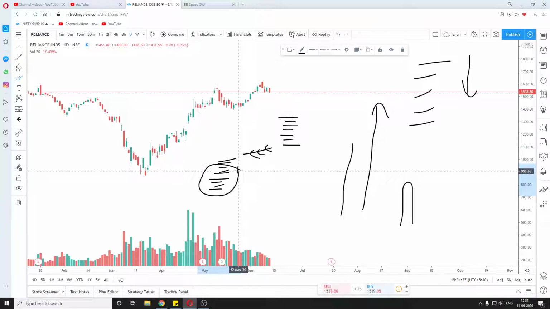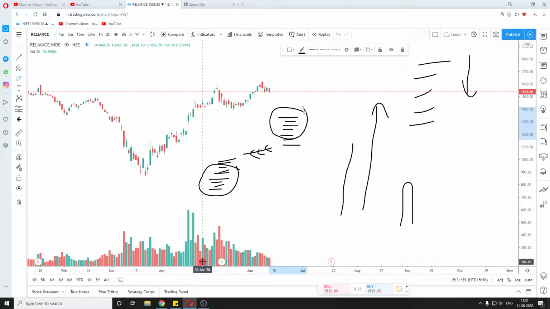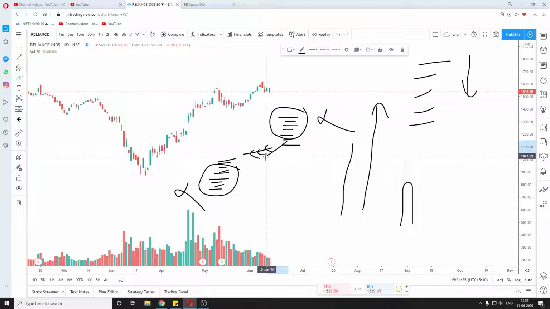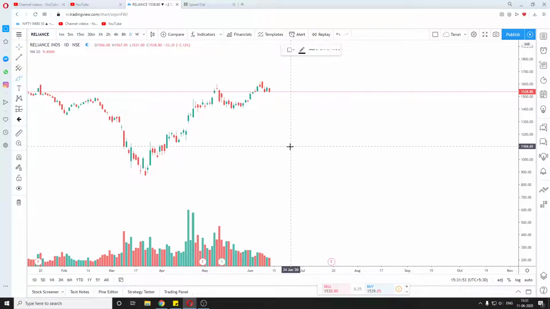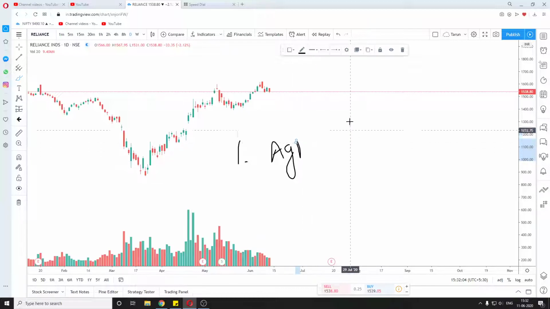These orders which are present below and these orders are of no use, because the trade is only happening at the point where the buyers and the sellers meet. So I hope this concept is clear, that there is no buy volume or sell volume. The volume is just volume. It represents how many shares have been traded. Now the question is how the price moves. The price is moved by the aggressiveness of the buyers and the sellers. Remember this point, that price is moved by the aggressiveness of the buyers or the sellers.